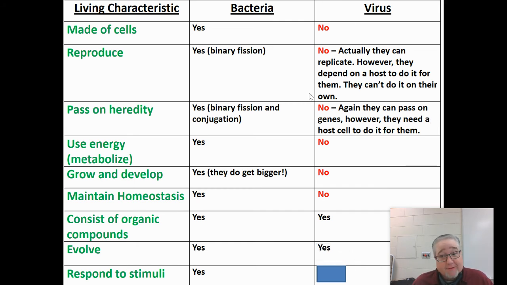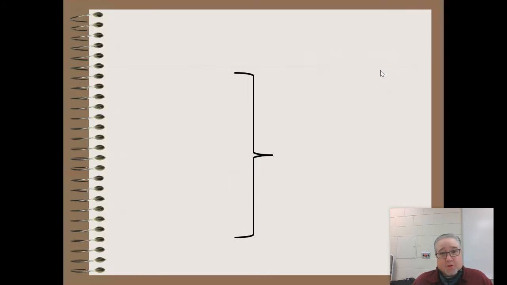They can evolve. And this is the scary thing about viruses that cause diseases: if they can evolve, that means that we have to figure out ways to stop them. Respond to stimuli? No, they don't respond to any stimuli. So you can see here that viruses do have a few characteristics of living things, but they're not living things. So that's the question. It's like,